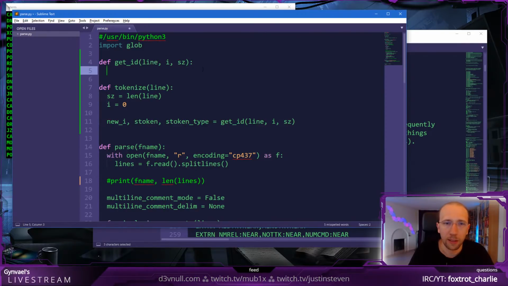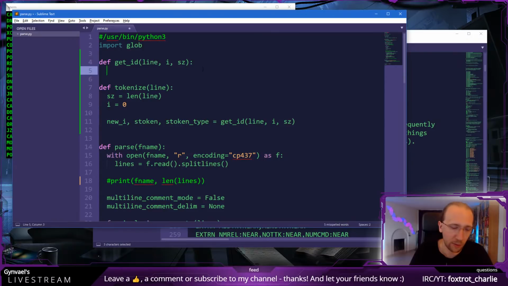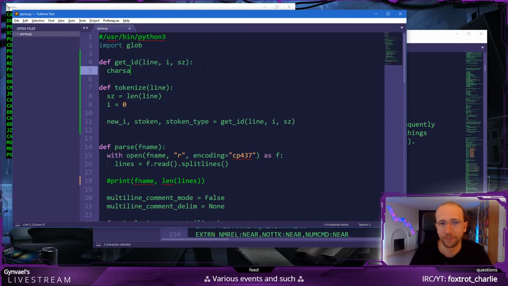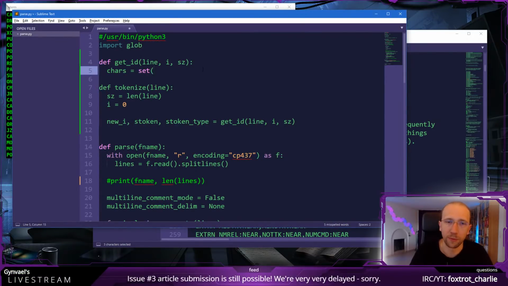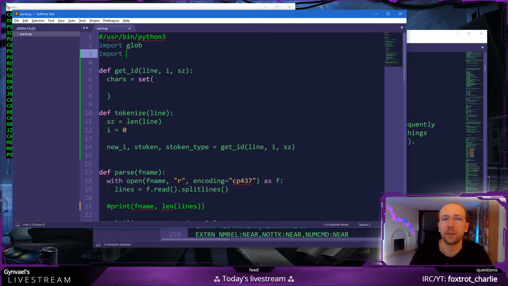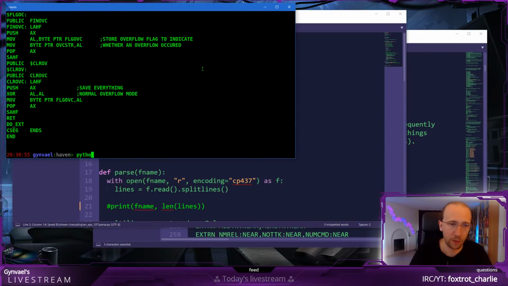Okay. And now this is quite easy because we just loop until we run out of characters which we deem okay. And the characters which we deem okay are, okay, like, what kind of characters do we deem okay? Let's make a set out of a list actually. There was something like string in Python, right? String. And I never remember it, but